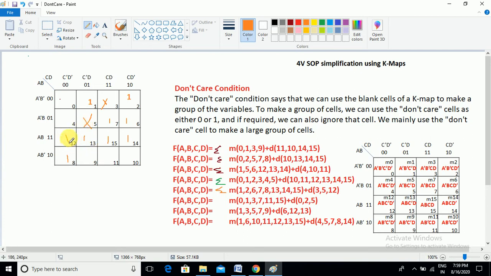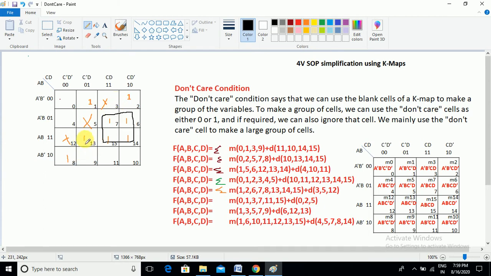Okay, now here we have to think about the maximum cell grouping. So here let us move to the easy grouping. Here 4 ones are adjacent to each other, so we can easily create a 4 cell grouping. Now these are in one group. Now we need to think about the ones which are not in a group. So here one is not in a group. Let us go to this one.